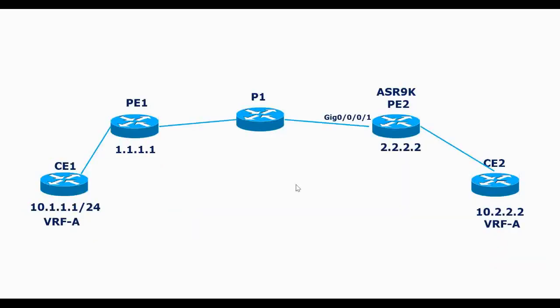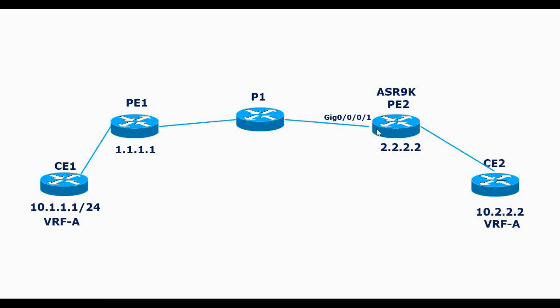So this is a typical lab topology I have. Let's say I'm initiating a traffic from CE2 to CE1, and the traffic goes via the PE2, which is an ASR 9K router, and then goes to PE1 and then another PE, and then reaches the destination CE router. I'm going to capture the traffic. I'm going to configure the NetFlow on this interface 0/0/0/1.